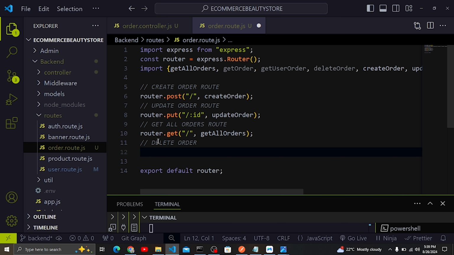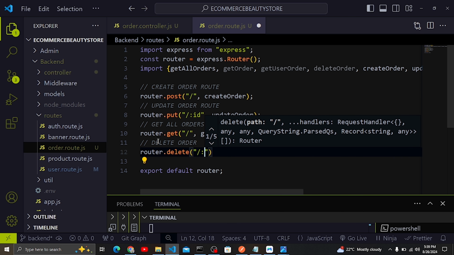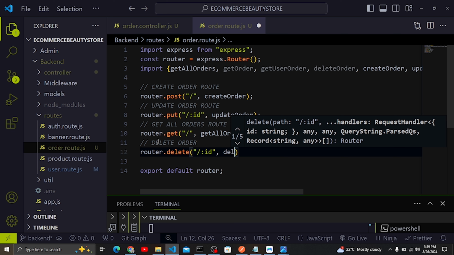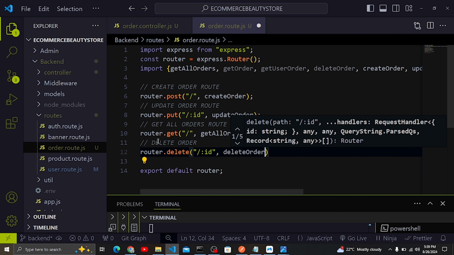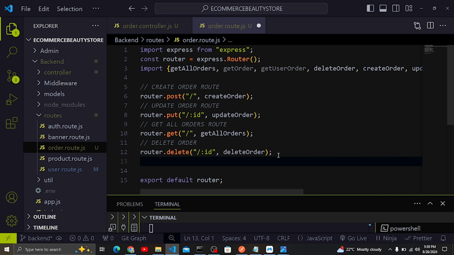This one will be router.delete, and then it's a default route, but we have to pass in the ID, and then here we can just say delete order. So delete order like that. And then I think we have another one, which is get users order. So get users order